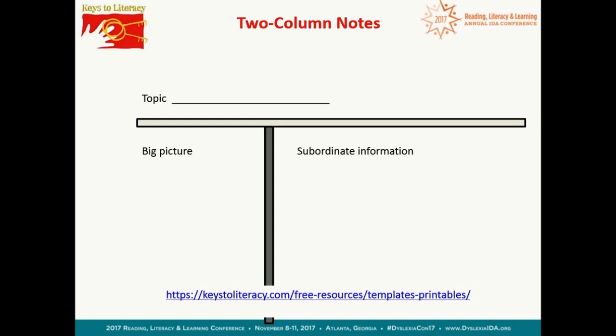But before I get further, let's talk again about the flexibility. Let's say I'm taking notes from listening, which is really hard to do because oftentimes you can't repeat it. You don't know what the main ideas are. I can start filling in my details even if I don't know my main ideas, and then just leave this space blank. The other thing is, if I go like this and cover up my detail column,